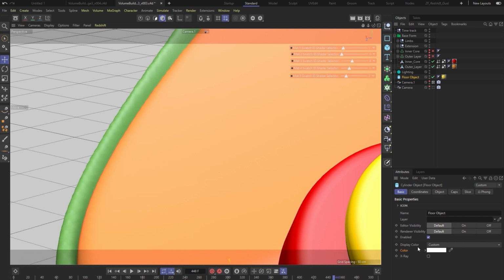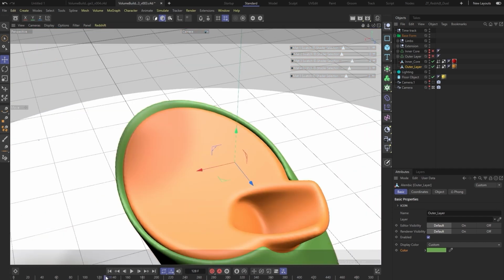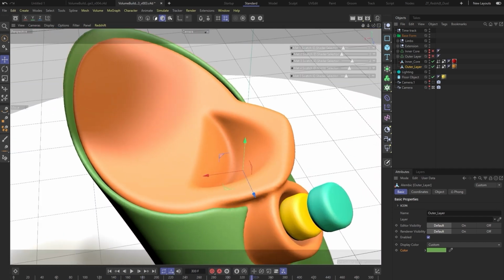So in early stages, I like to set some of these object display colors to a custom one, just so I can visually, in my mind, create the composition as I'm looking to create some of these camera moves, and decide how the color wants to fill out the composition as well as the shape.